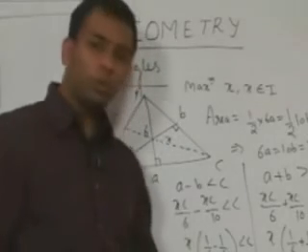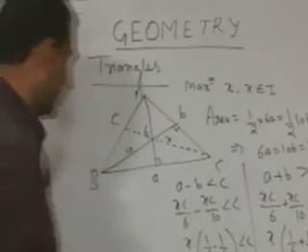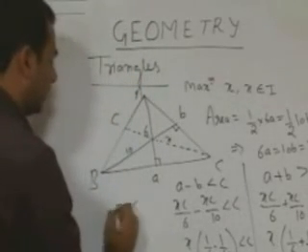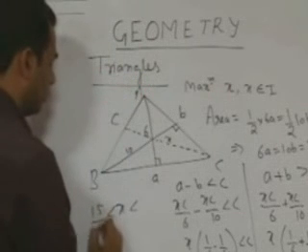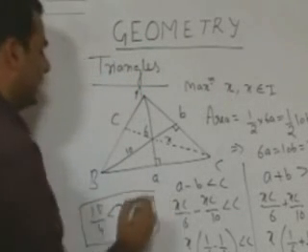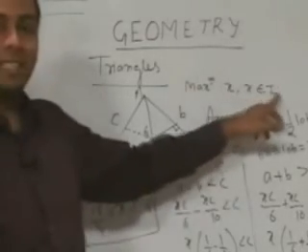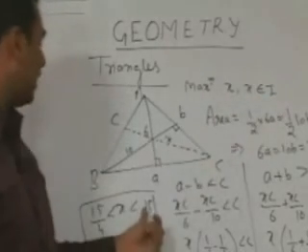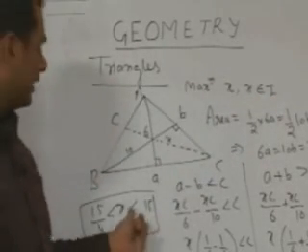By using these two inequalities, we find the range of X: X lies between 15 by 4 and 15. Since X is an integer, the maximum value of X is 14 and the minimum value of